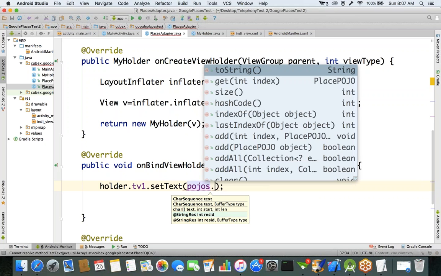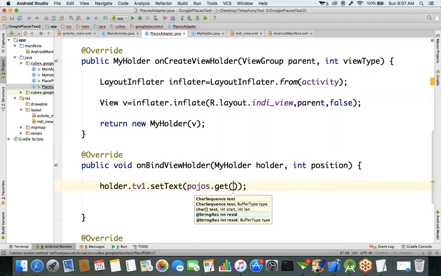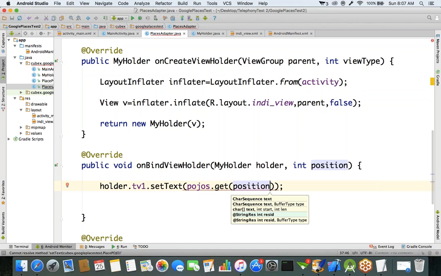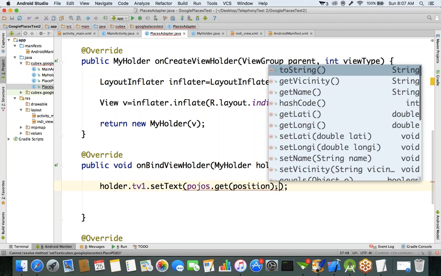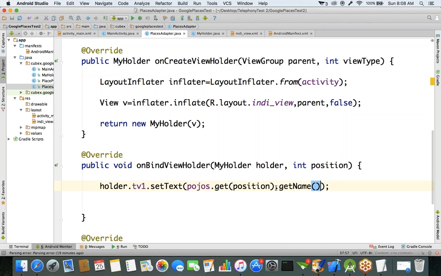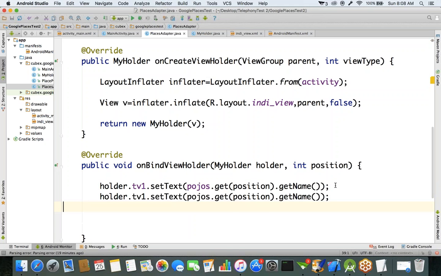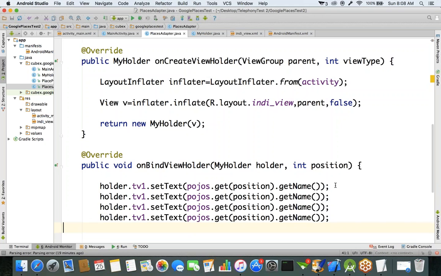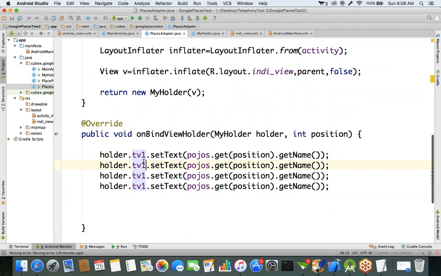From that list, I'm getting the individual object by using the position. POJOs dot get position, dot getName, so you'll get the title. Then textView3 and textView4. GetName, next